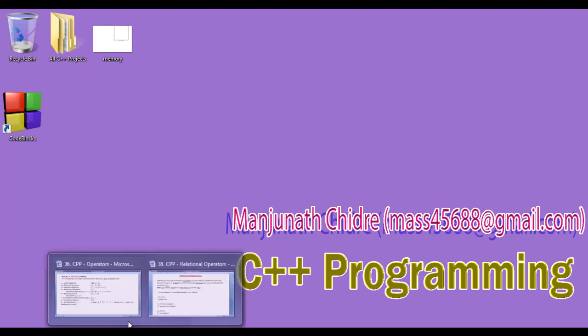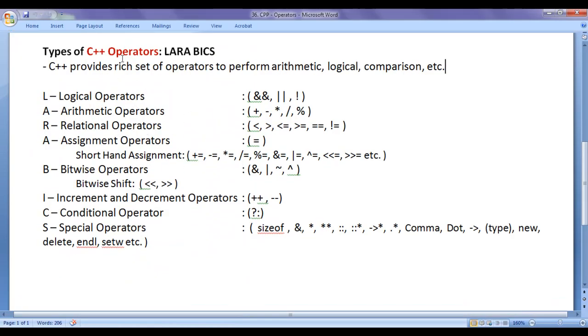From the past few video tutorials, we are trying to understand operators in C++. We understood that C++ provides a rich set of operators to perform arithmetic operations, logical operations, comparison operations, etc. I told you that we can very easily remember all types of C++ operators by remembering this shortcut, Lara-Bix.